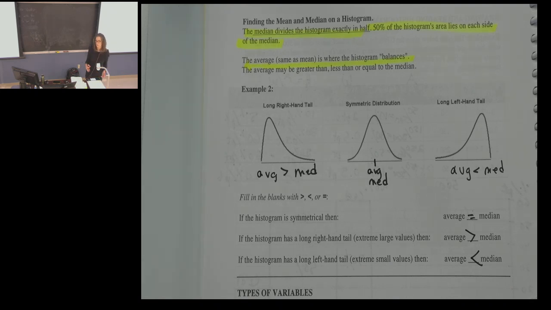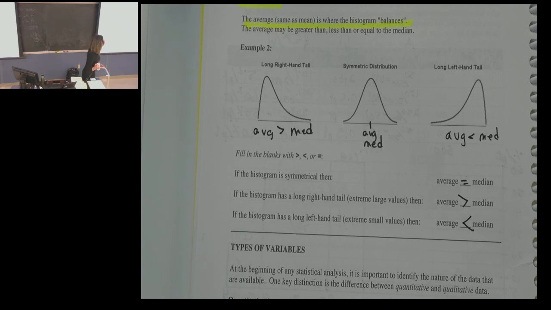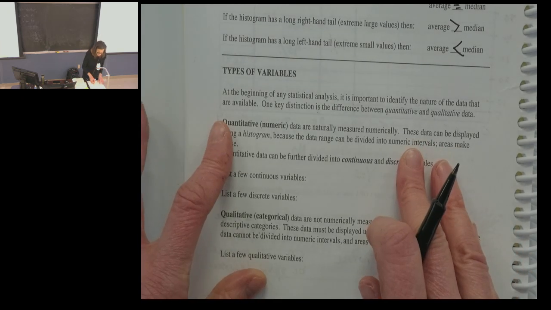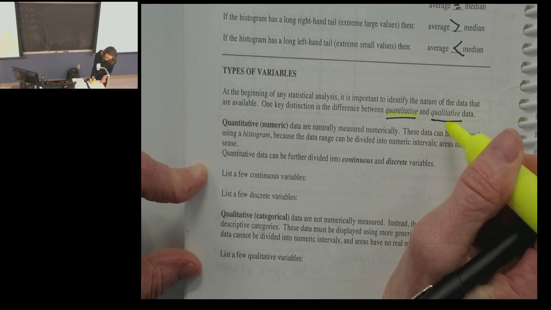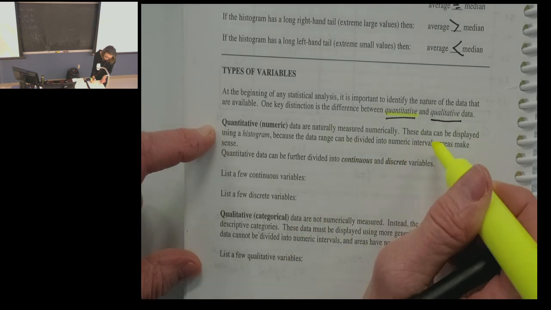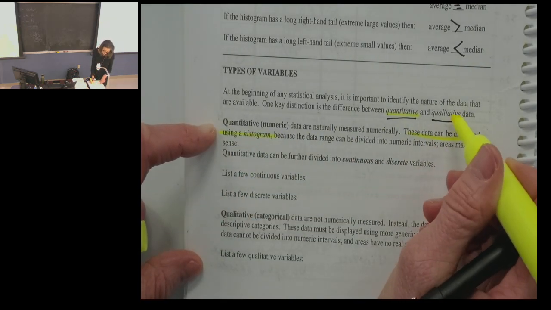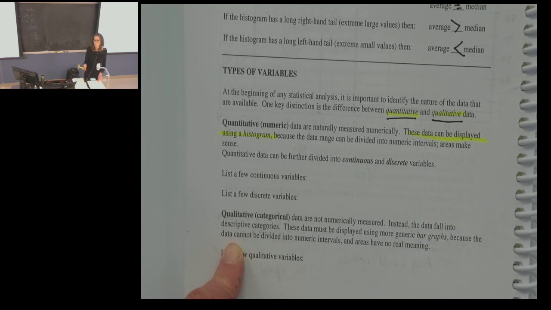We'll look at this a lot more with our actual data later on. Now, types of variables. We saw that the histogram is only relevant for quantitative data. So the key distinction is between quantitative and categorical or qualitative data. Quantitative data can be displayed using a histogram, whereas qualitative data is not described numerically. It's any question you'd answer with a category instead of a number, like what's your favorite movie star, what type of movies do you like, what's your favorite color, what sex are you, what race are you, what country are you from. Any of that is best described with a bar graph,